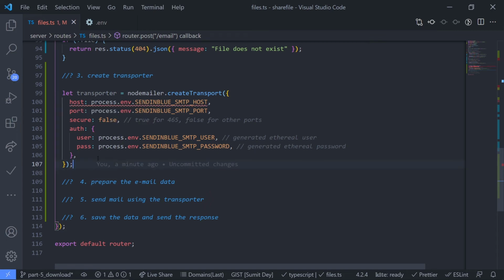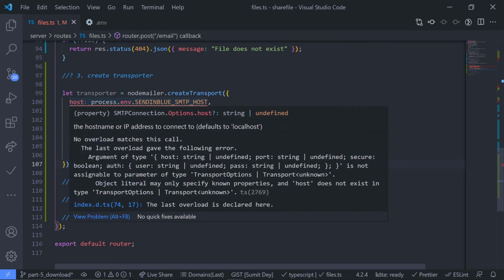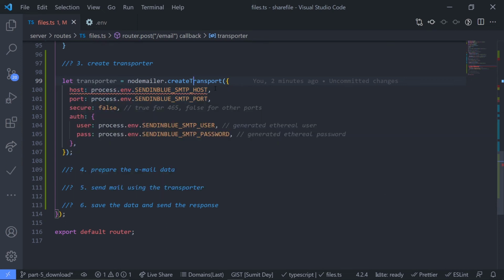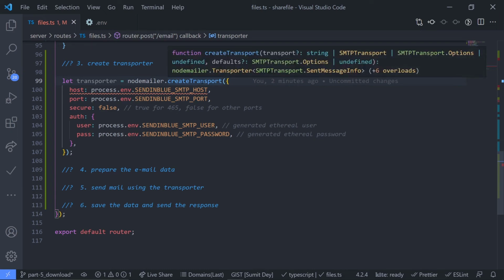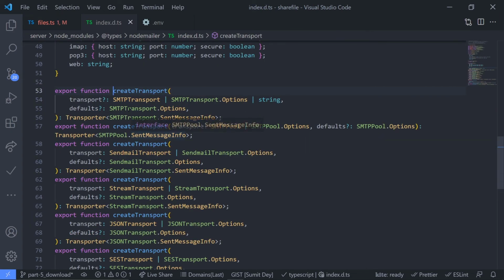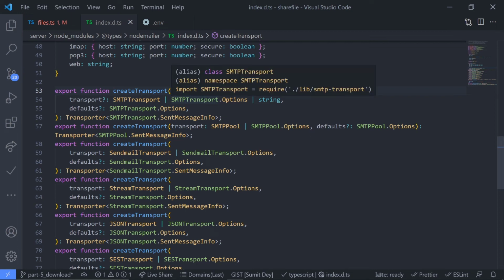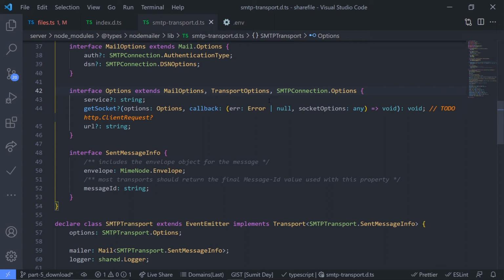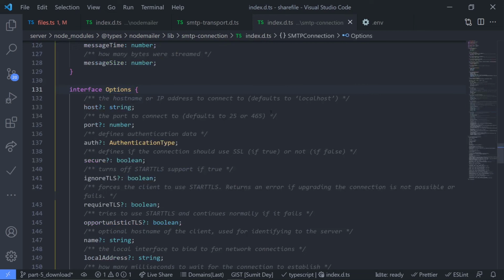Now look at this, we have a problem inside this host, and honestly I don't know why it is showing me an error. Look at the description. This is saying host does not exist in type transport option, and let me show you. Just go to the type declaration file of this createTransport. So press Ctrl and click, and then inside this function just click on this SMTPTransport.Options. Again press Ctrl and click, and then inside this option it extends the MailOptions, TransportOptions, and the SMTPConnection.Options. Click on this SMTPConnection.Options and then press Ctrl and click, and then look at this, I have this